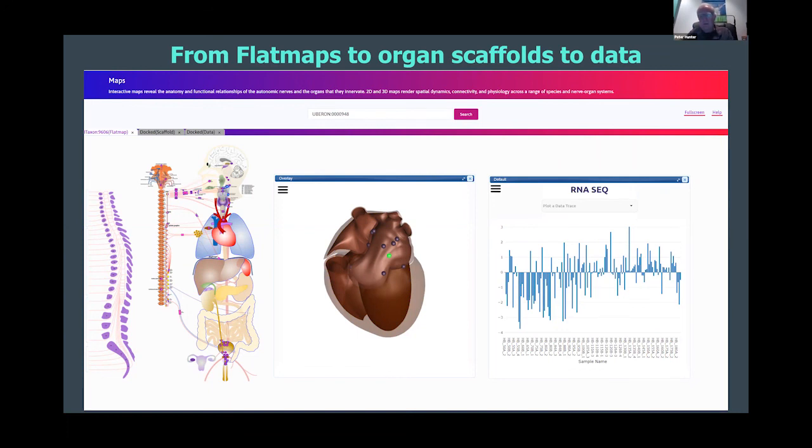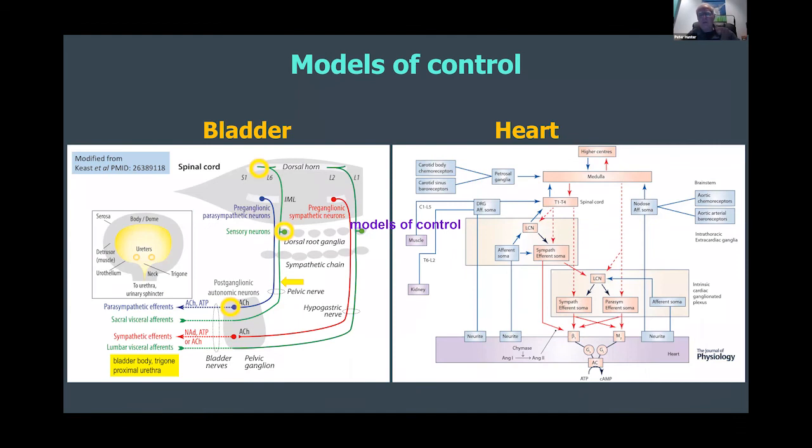But you can also use the scaffold to take multiple data sets from different spatial locations and produce field data that then shows the distribution of a particular molecular species, how it varies spatially across a region of the heart. And then finally,